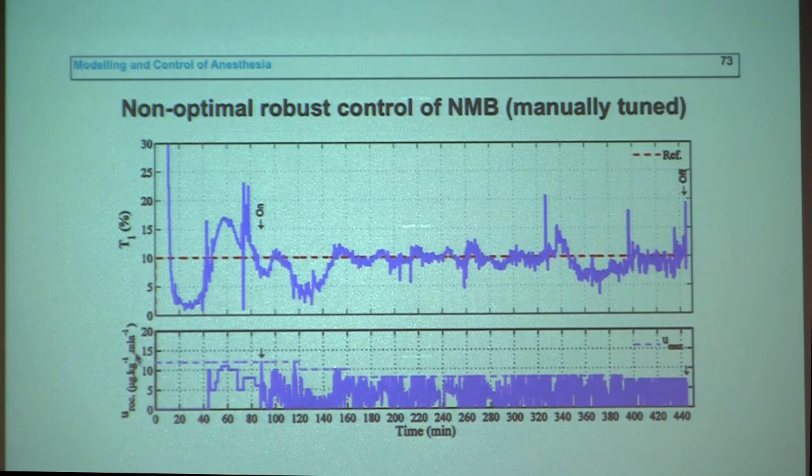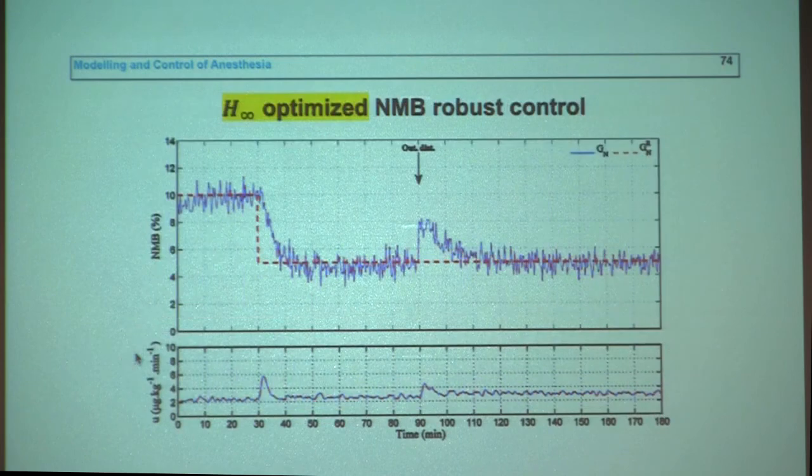Then we said, okay, let's optimize this and let's use, for instance, H infinity control to get a maximally flat solution. Not only the robust stability condition, but a maximally flat solution. And the result is much better. Okay? This is, again, for NMB. And you see that you no longer have this stupid boom, boom, boom, boom. The value is very well behaved,